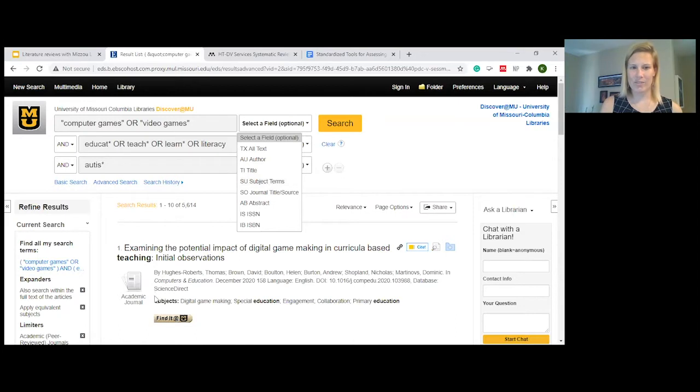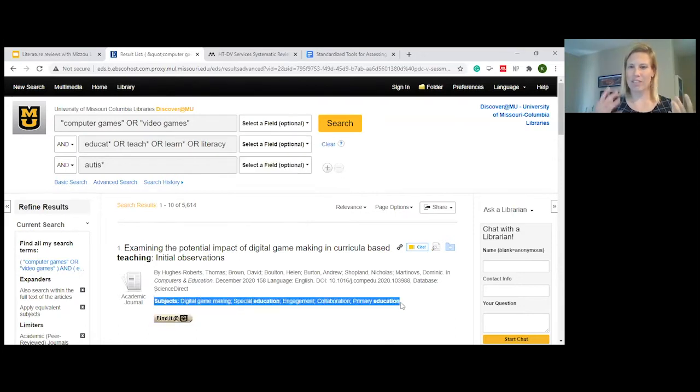You can see in this first article here, most publications do have a list of main subjects that the author and the publisher have indexed. And so that's where it's pulling from. And then your abstract is going to be the broadest of the narrow categories. It's that whole paragraph description or a summary of the article.